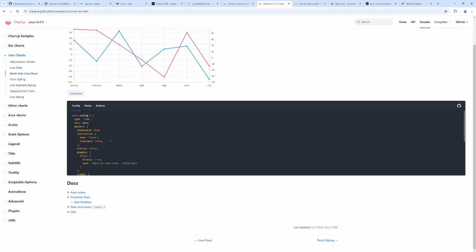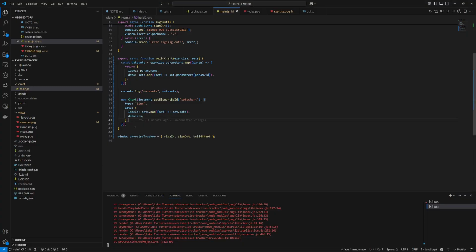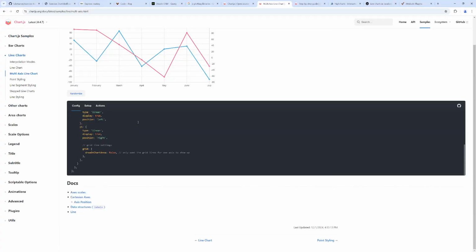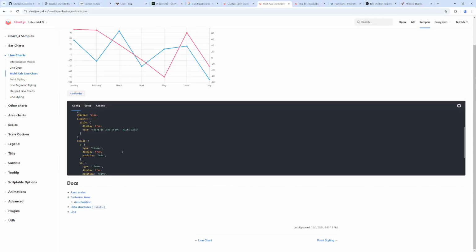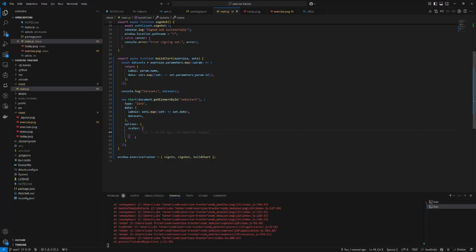So this is under options. Options. Oh, hey, it gives me some autocomplete here. That's nice. Axes. Or no, scales. And then for each scale, scales is like an object where it's going to need one property on each object per parameter. So this would be something like